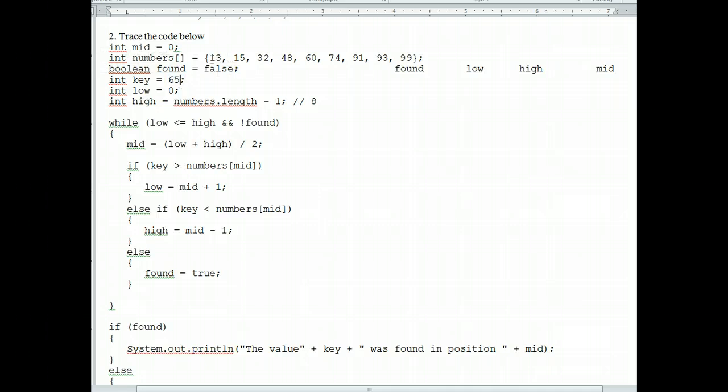Well, is 65 in this array? We see that it's not, but that's cheating. So let's trace the code to see if Java can figure out whether the 65 is there. A very important point: it's a precondition of this algorithm that the numbers in the array are already sorted in order, either low to high or high to low. They have to be sorted. This algorithm only works if it's sorted